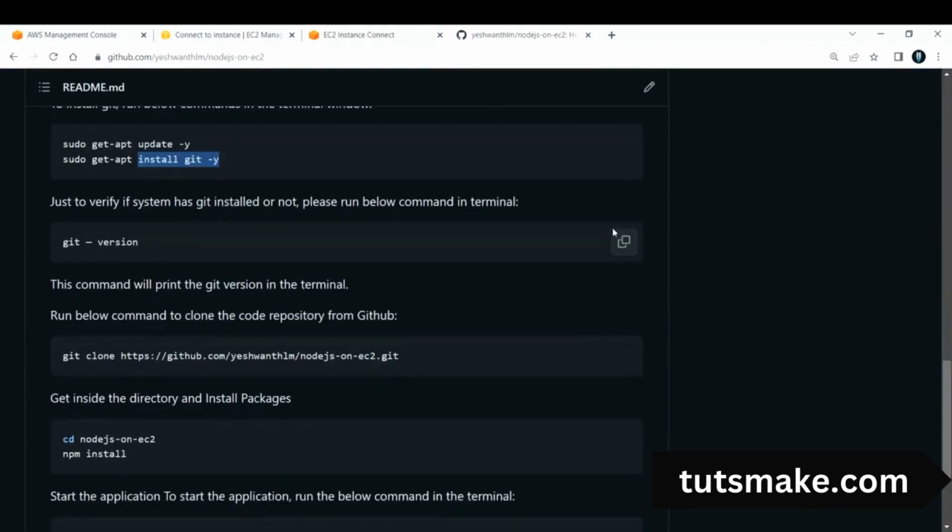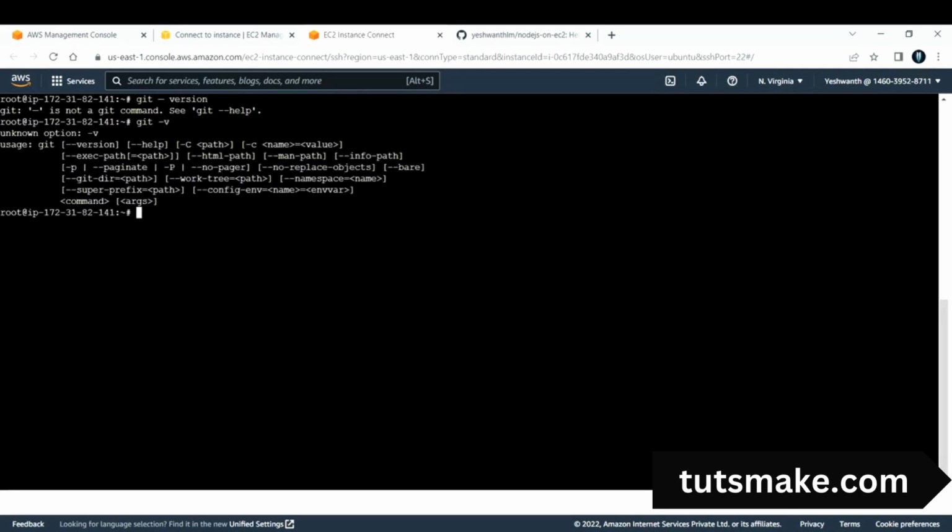Now let us check the git version by typing git --version or git -v. Okay, now if you see, here is again a typo, git -v. I'll make sure to correct all of them in the document. Let me type git --version. Okay, if you see, this is the version of git that we already have. Let me clear